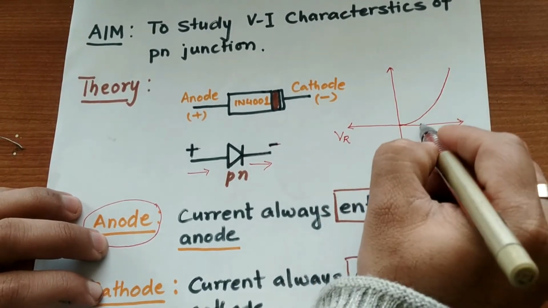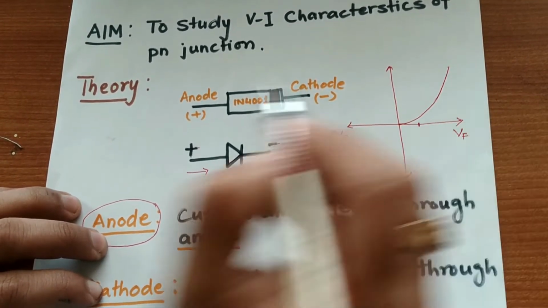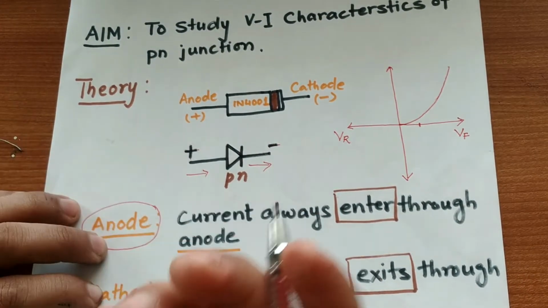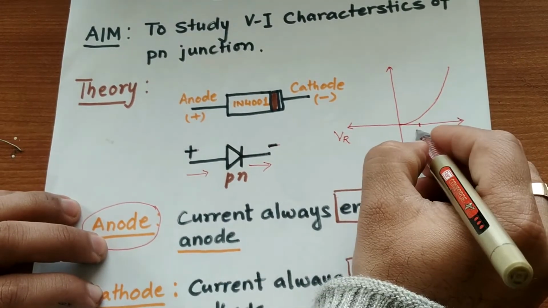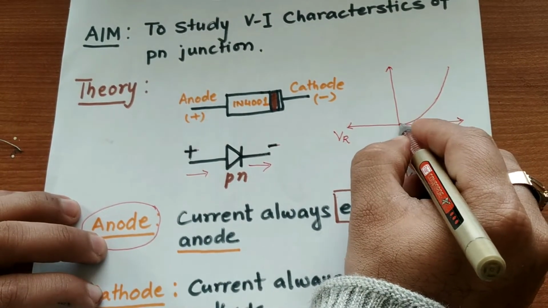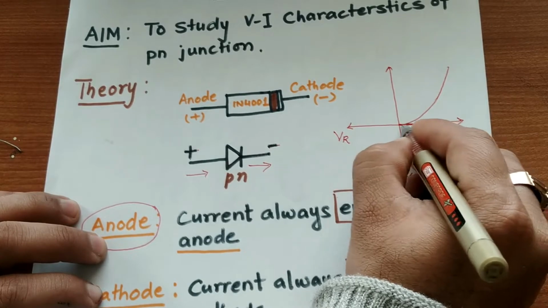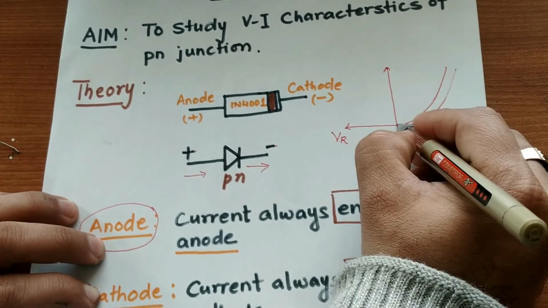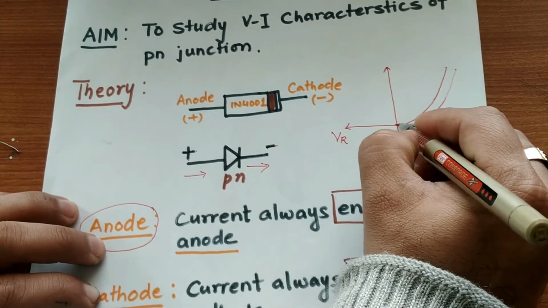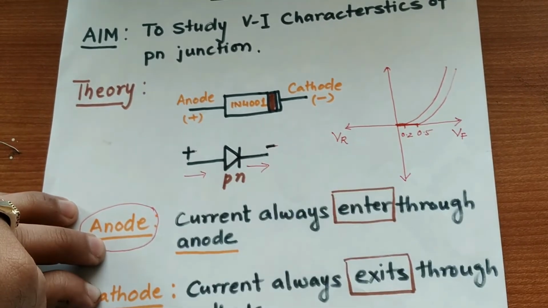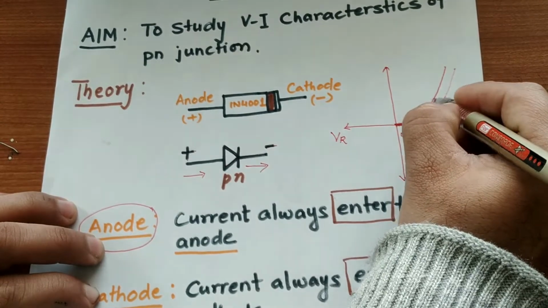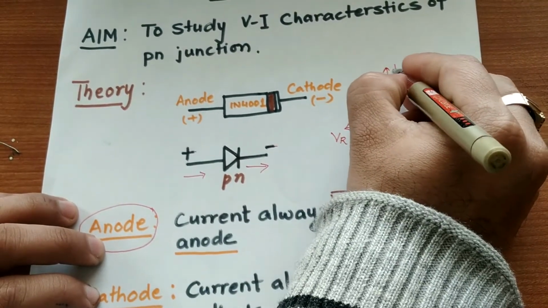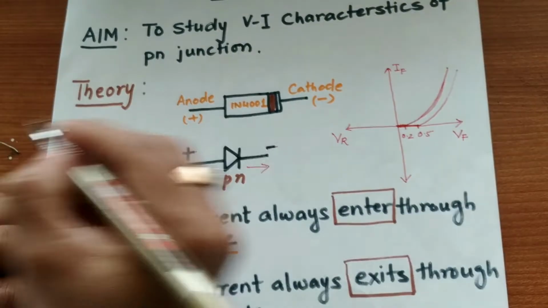Suppose the diode has a cut-in voltage. According to that cut-in voltage, the diode will operate. For example, if a diode has a cut-in voltage of 0.5, 0.7 or 0.2, then according to that the diode will work. Current will not flow for this 0.2 duration, but it will start flowing after this. The current you get here, the IF, will be in